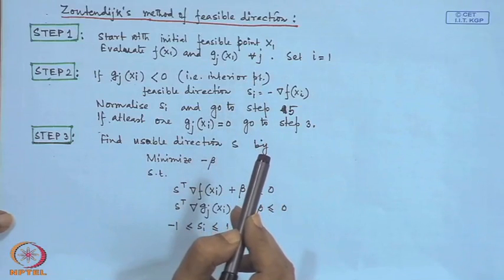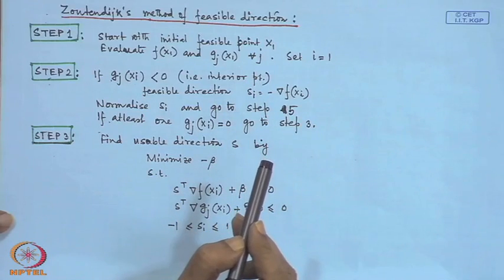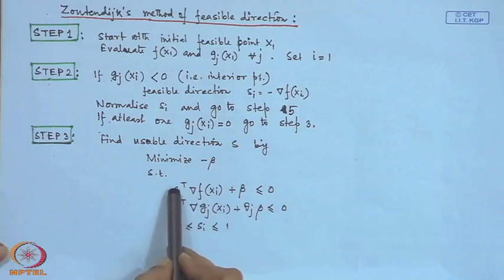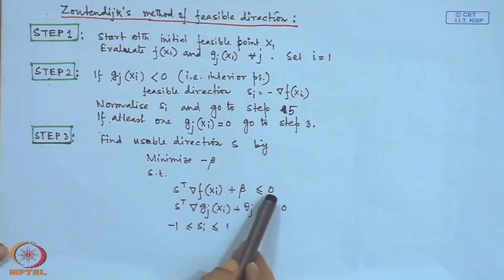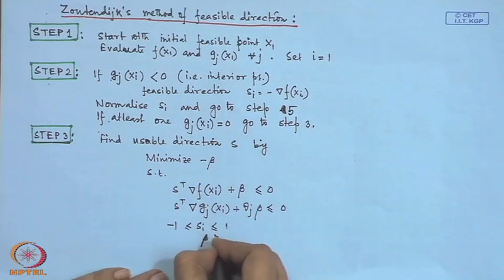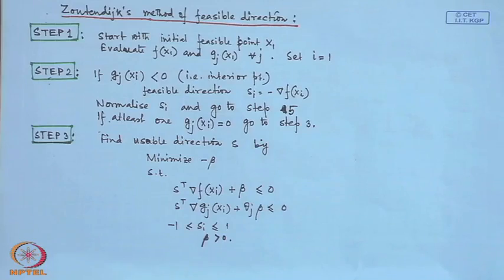But if we are in the boundary point, then we have to find a feasible direction by this process, that is minimization of minus beta, subject to S transpose grad f plus beta less than or equal to 0. In this way we are finding it, and there is another constraint, that beta is greater than 0. That's how we get the usable direction. All right. Now, whatever direction we are getting,